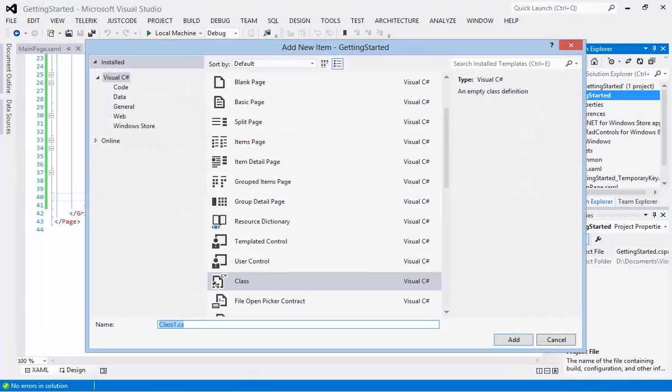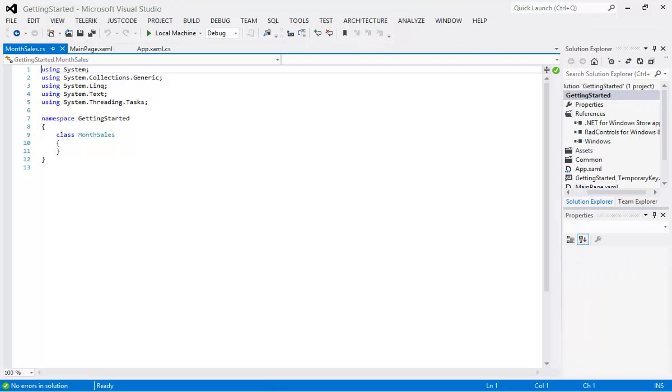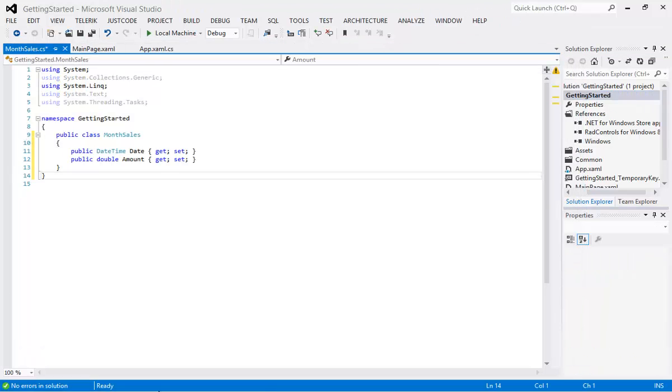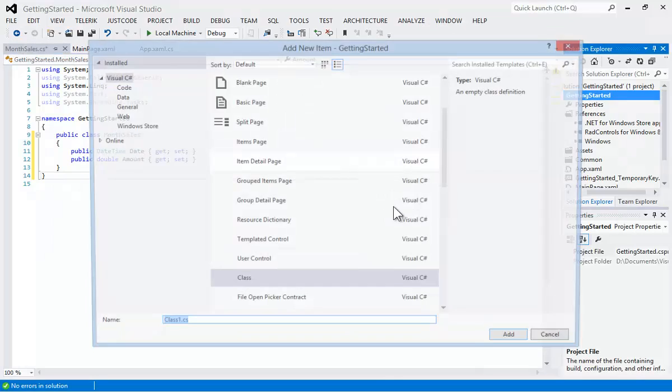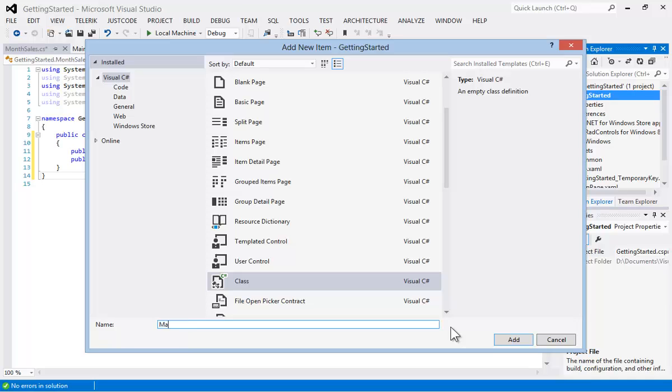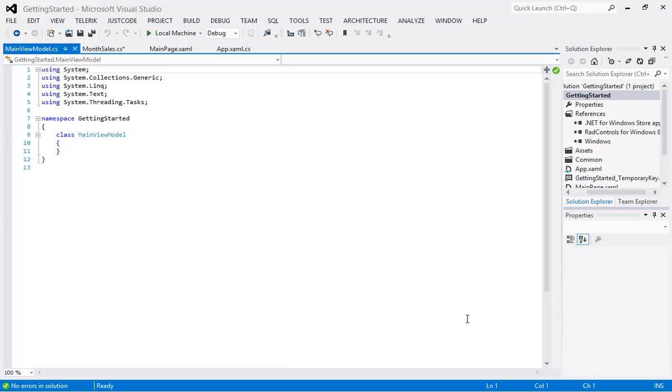And that data class we are going to call month sales. Month sales has two properties, the date and the amount. And we saw that we bound to the month sales date and amount in the XAML. And now all we need is a view model class which will serve as the data context that we're going